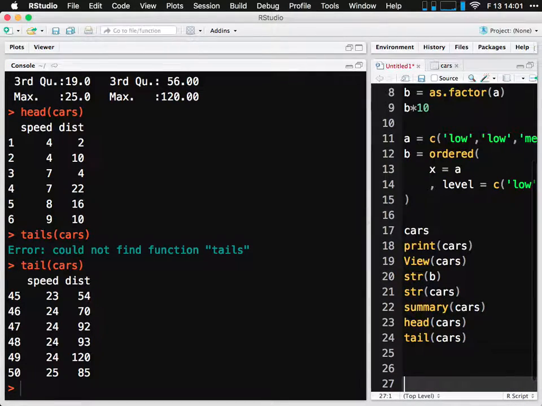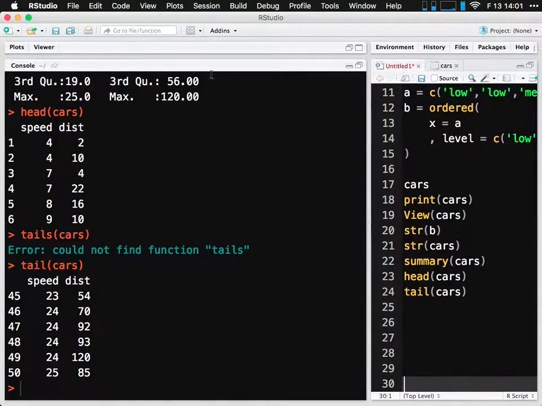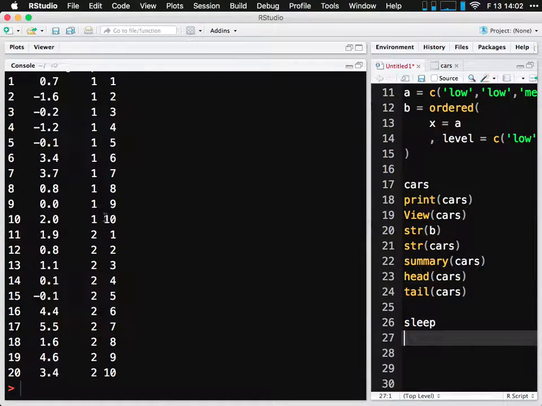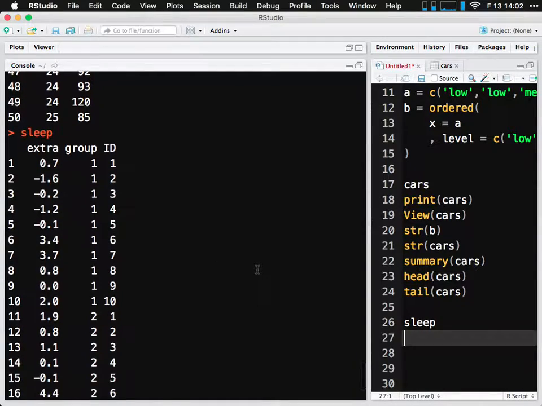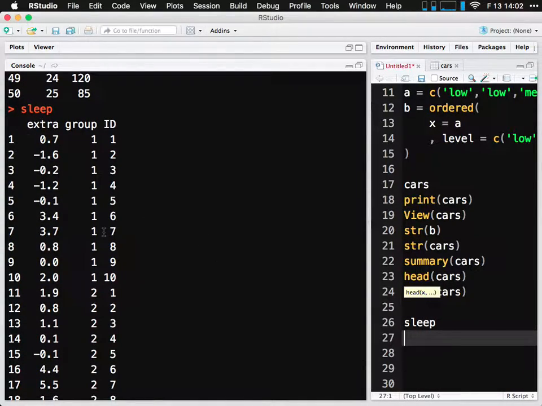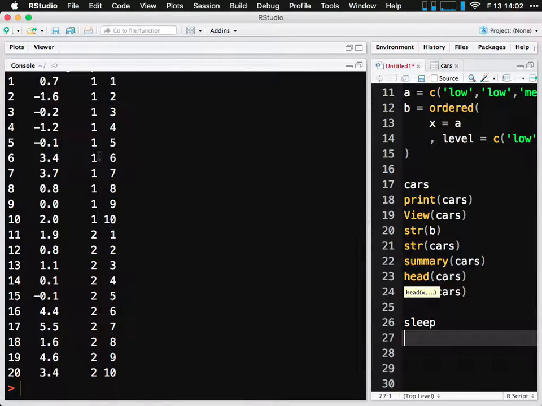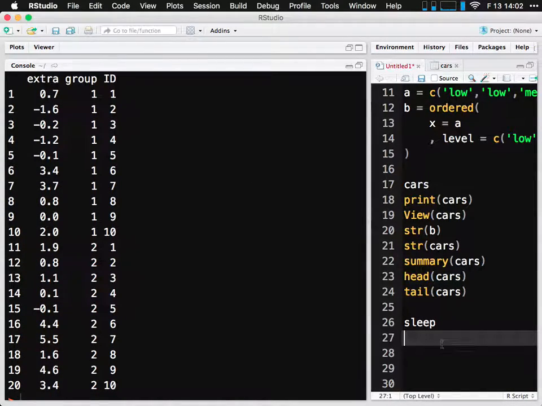So cars is one data set that's built in that just has those 2 numeric columns. Let's grab one that has some factor columns. Let's see, the sleep data set. It's another smallish one. It's got 3 columns. One numeric column. The other 2 columns look numeric, but if we